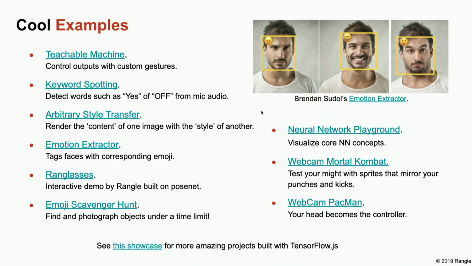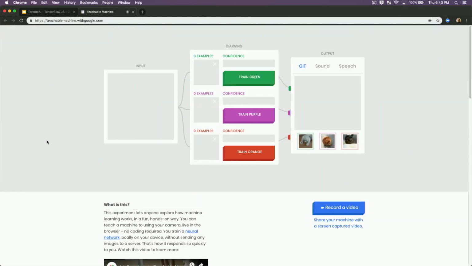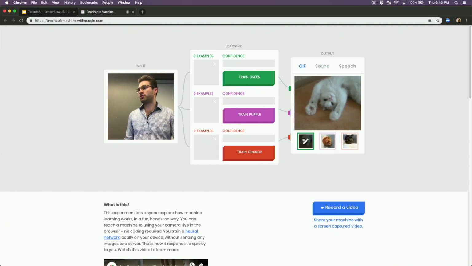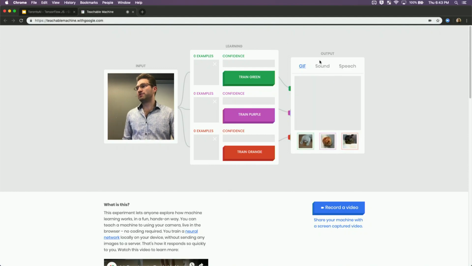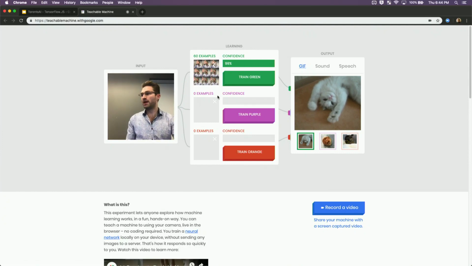Okay, examples. What can you actually do with TensorFlow.js? I'm going to load one example here that's going to demonstrate extended training in the browser on gestures. With this particular app, you can control the output, either really cutesy images or sounds, and then you can associate that with a specific gesture. So for example, with this cat, what I want to train is images where I've got my hand raised. It's taking snapshots from my webcam right now with my hand raised.